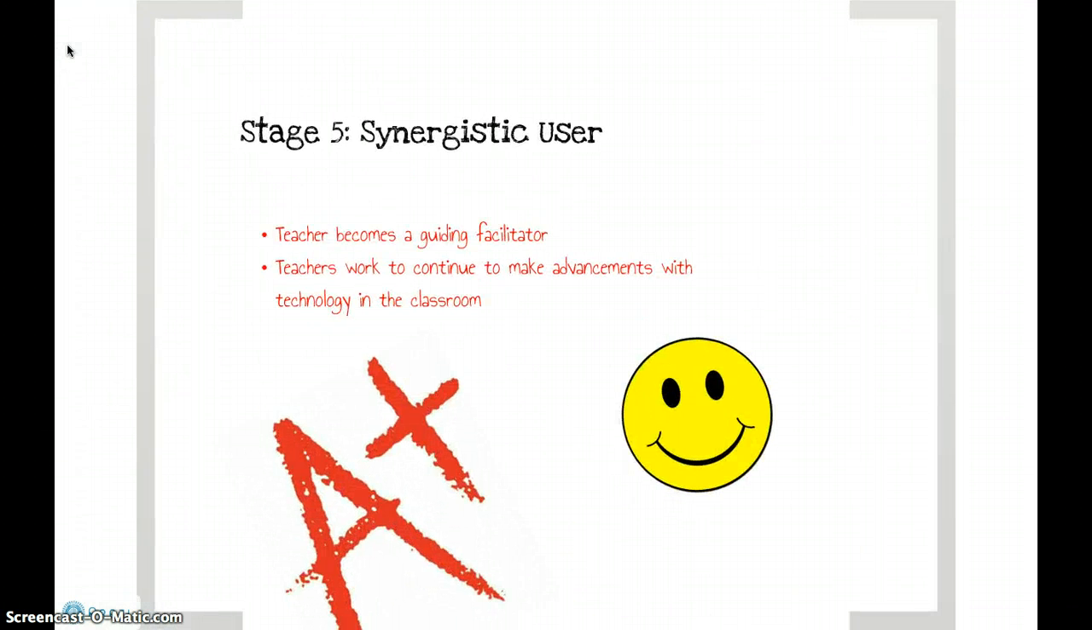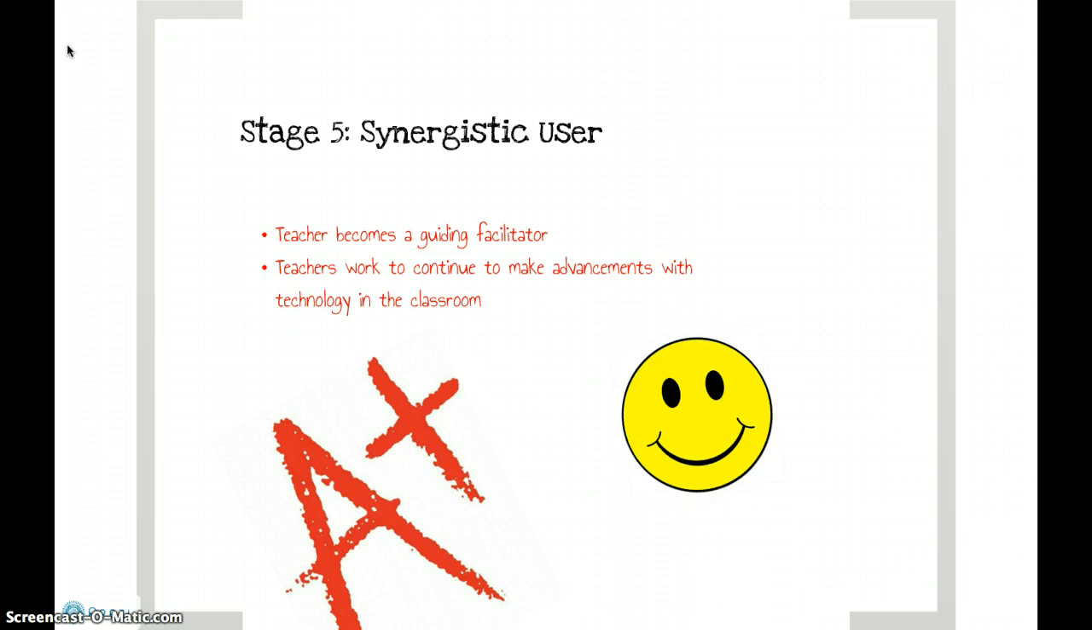And stage 5 is the final stage that Sweeney outlines for us, and this is the synergistic user. In this stage, the emphasis and focus is really taken off the teacher as the center of the classroom and placed more on the teacher becoming a facilitator, a guiding facilitator in the classroom. The lessons that the teacher plans are creative and flexible, and they take into consideration students' interests and individual learning needs, while before, in previous stages,